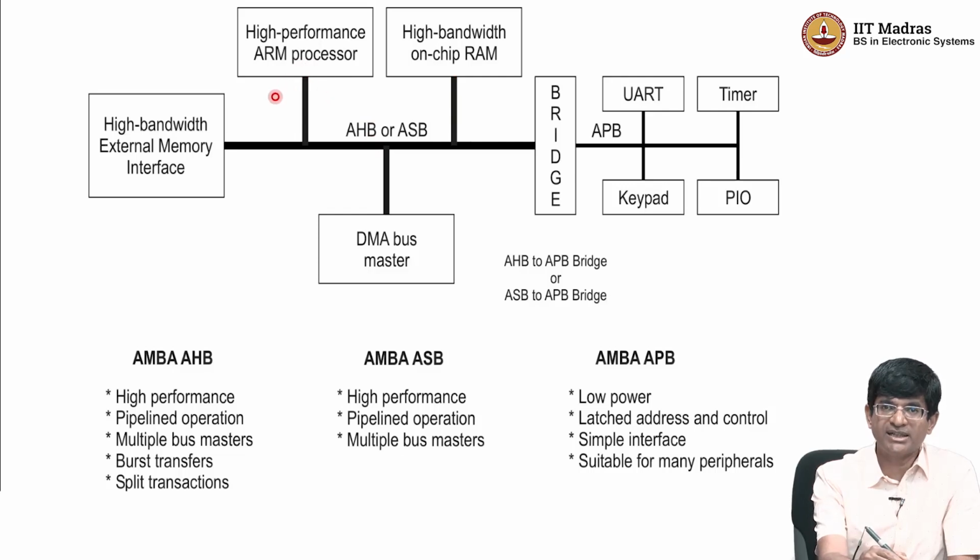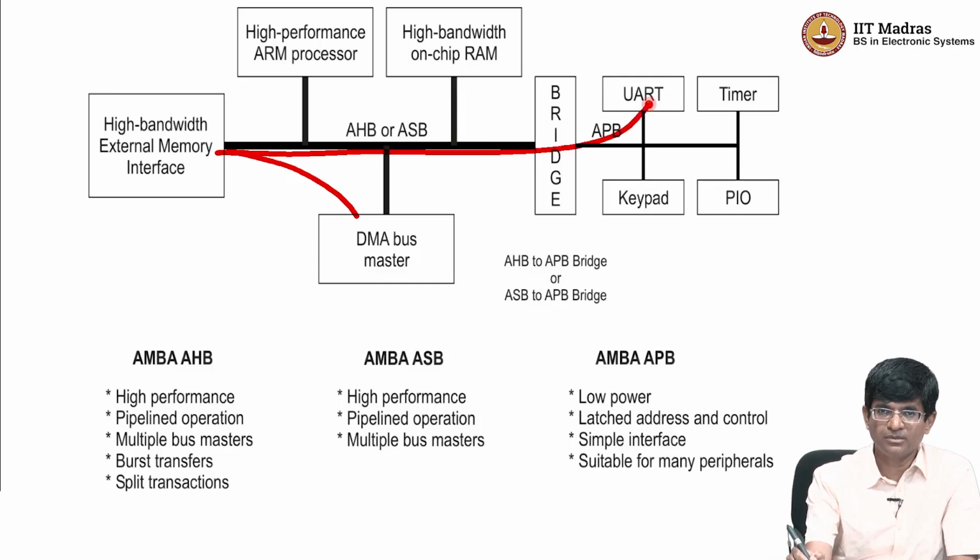Usually the CPU is the one that initiates transfers. It says, okay, I want data from this memory or from somewhere else or from a peripheral, give me the data. But in this case, we don't want the CPU to be permanently occupied in moving data around from one place to another. Instead, the CPU can just tell the DMA unit, can you transfer data from, let's say, the external memory to the UART? And then the DMA would take over and wait for the bus to become free. Whenever the CPU is performing computations and not using the bus, the DMA would say, okay, let me take data from here and send it to here. So having an additional bus master relieves some load from the CPU.